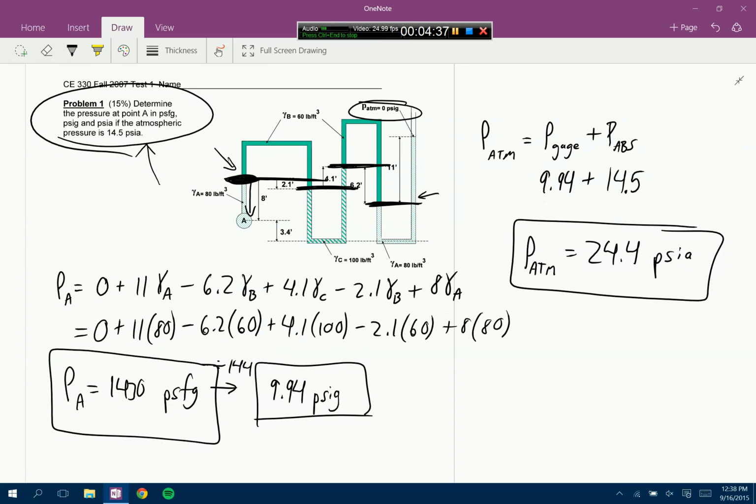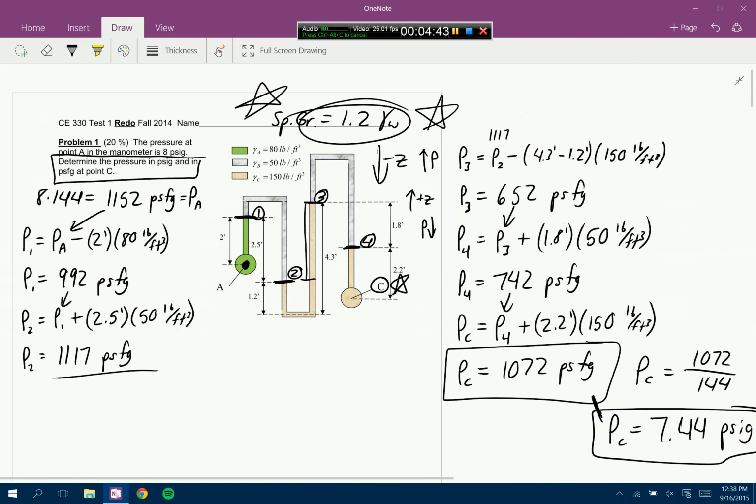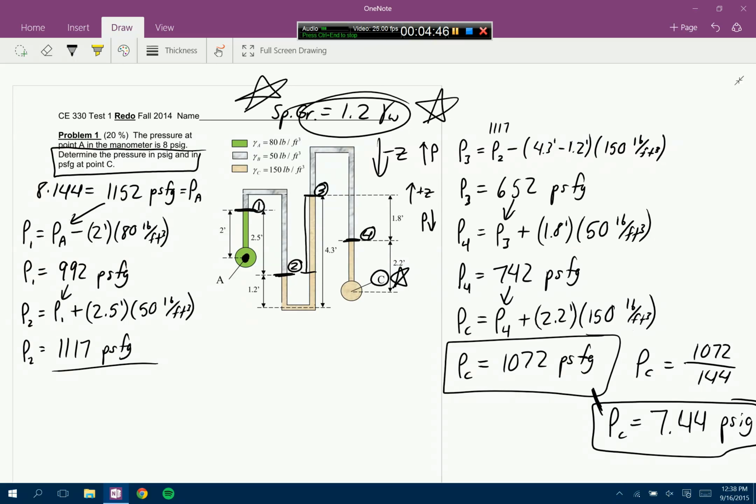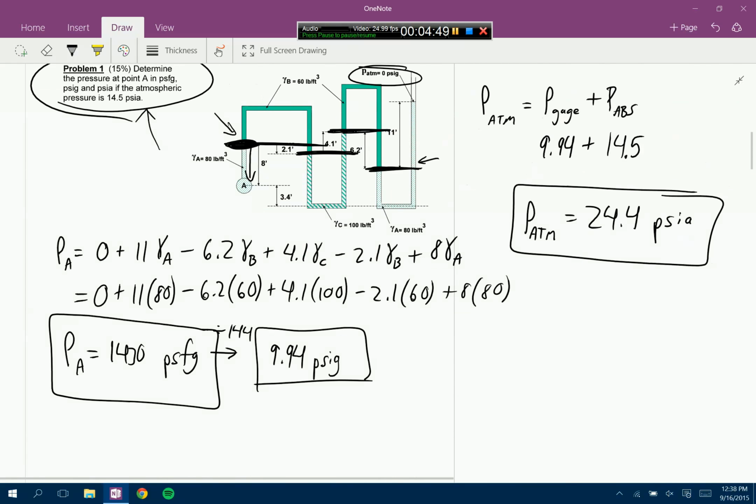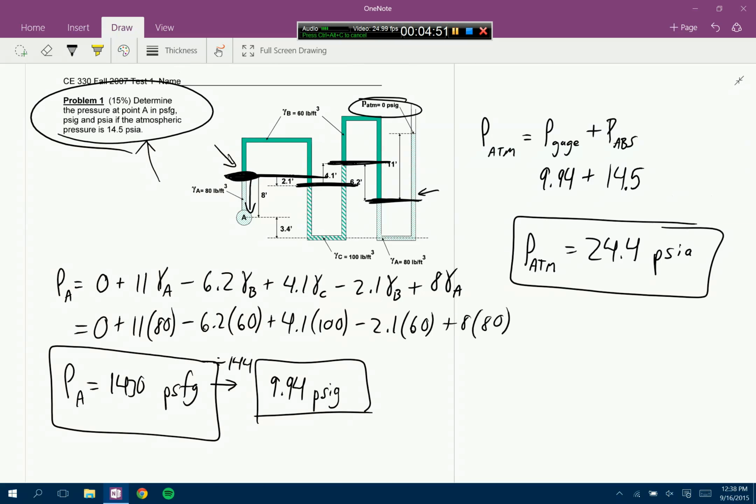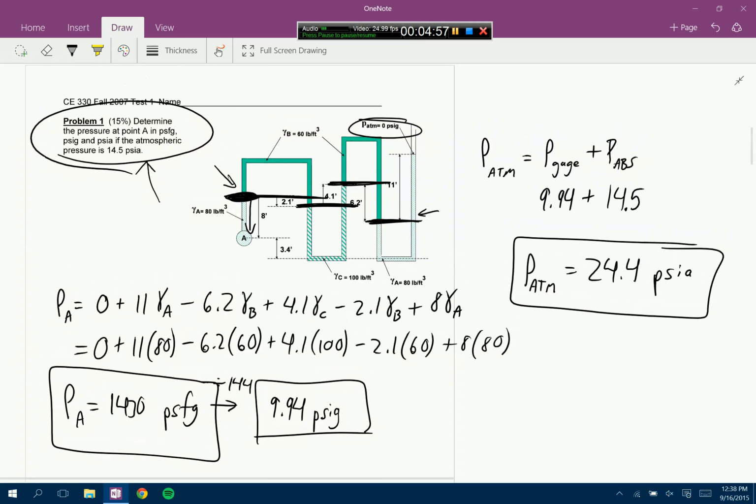And that's all there is to it. Hopefully this helped. This was a lot quicker way of doing things, but you can make mistakes this way. If you want to go through the other example that I posted, I calculate each different pressure, and that way is a lot more tedious, but you're less prone to make mistakes. So again,